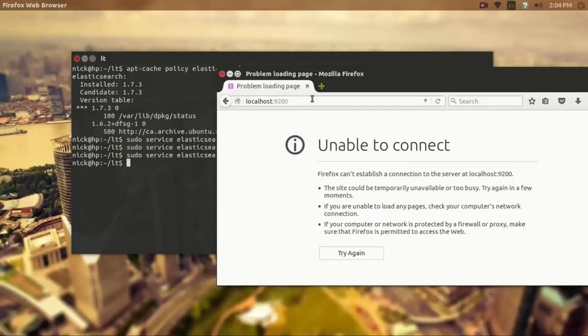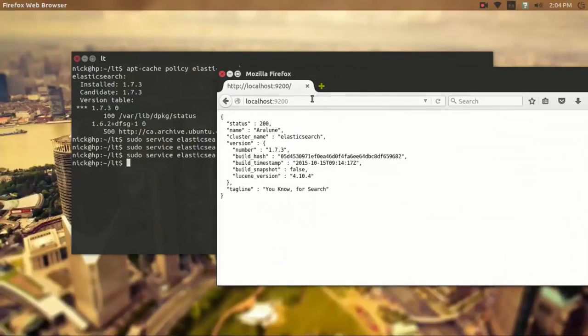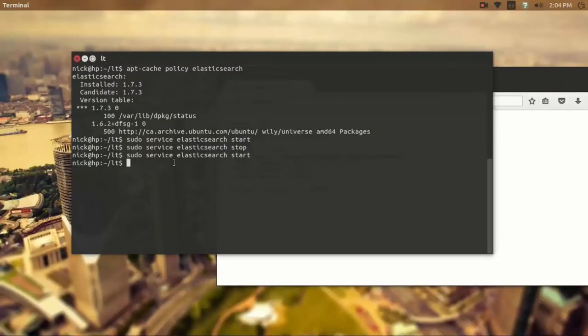Confirm that it's open. There it goes. Takes a minute to load up. And let's say that I don't want to run it on port 9200. I want to run it on port 1150. So how we do that, we need to edit a configuration file, and the Elasticsearch configuration file has a .yml